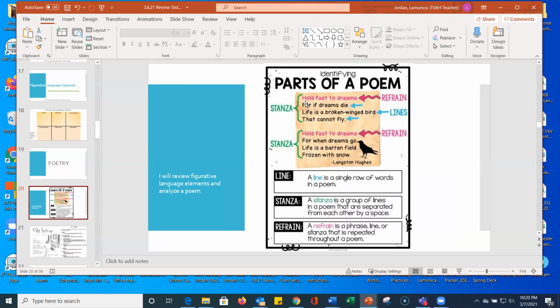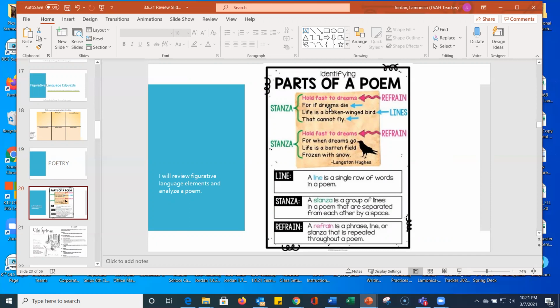Let's look at the parts of a poem. So we have these two, like we normally call them paragraphs, separated by a space. Those are called stanzas. So this would be stanza 1, stanza 2. Each piece, like what would be a sentence, is a line. A line that is repeated over and over again is called a refrain. Much like in a song, you can have a refrain or chorus of a song. It's a line or a couple of lines that are repeated.